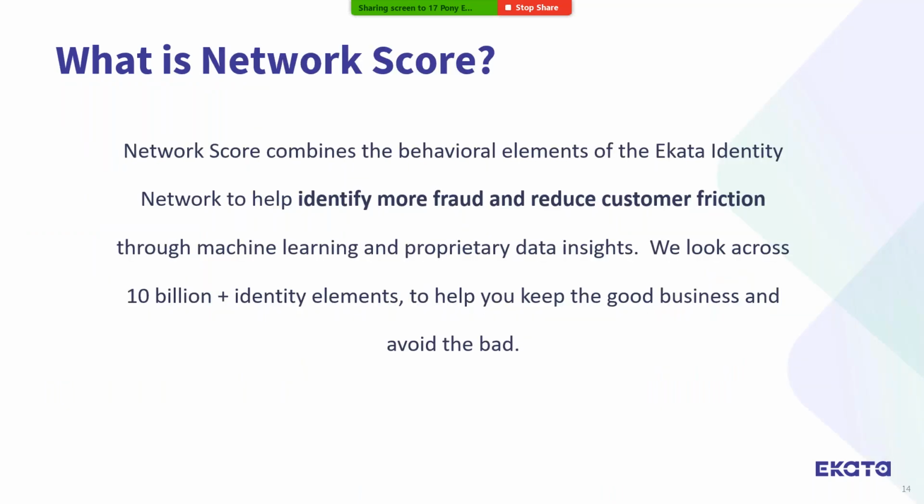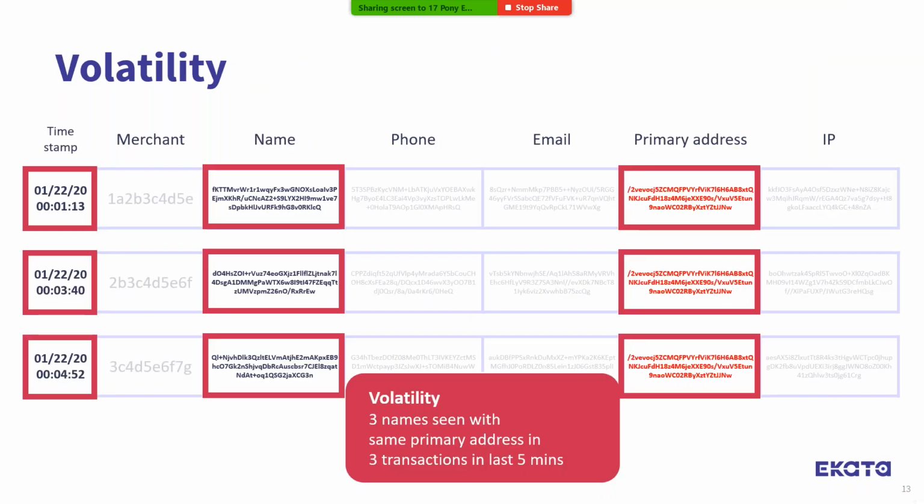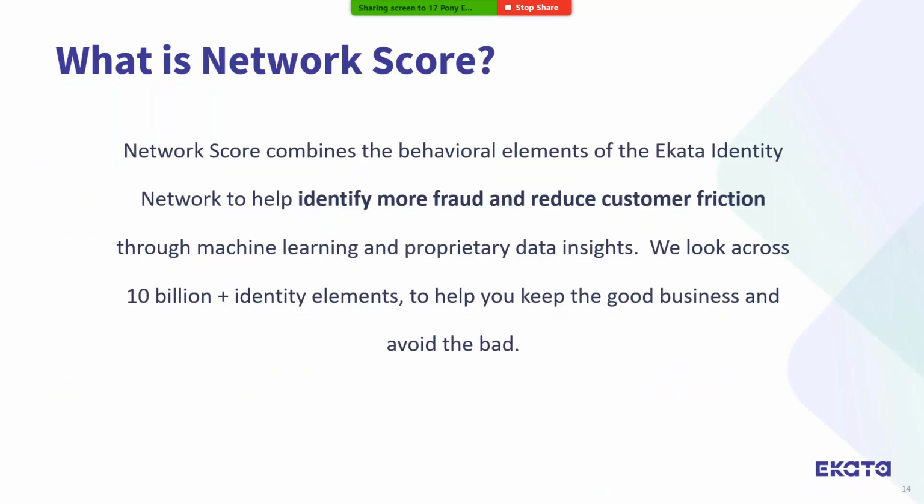And how can our customers leverage these patterns in their modeling to determine whether or not a transaction is risky or good? So one of the ways that we have come up with to do that is we've recently built what we call our network score that takes all these patterns into consideration. The score is built on 147 features derived exclusively from our network. So we took a lot of different features based on some of the patterns I'd mentioned earlier with all the different identity elements.